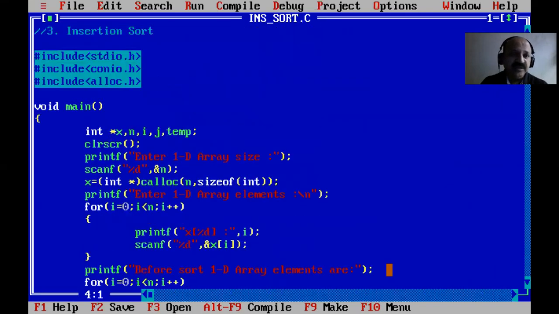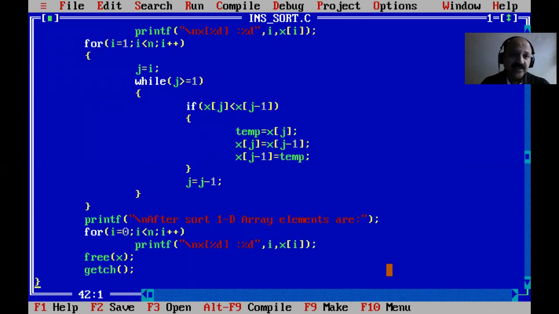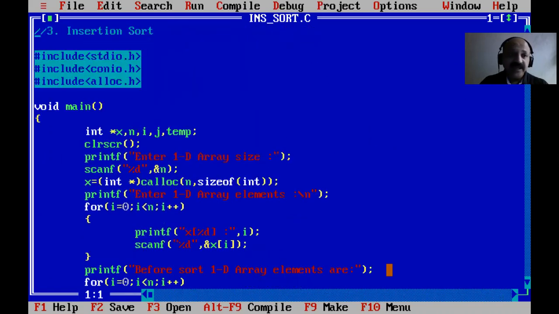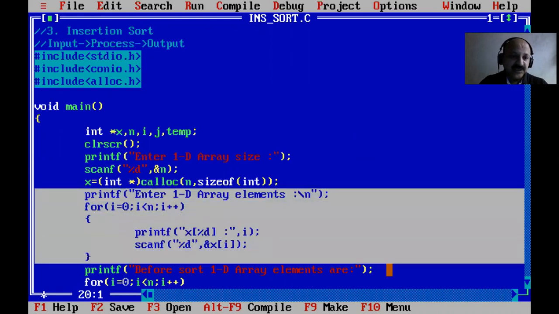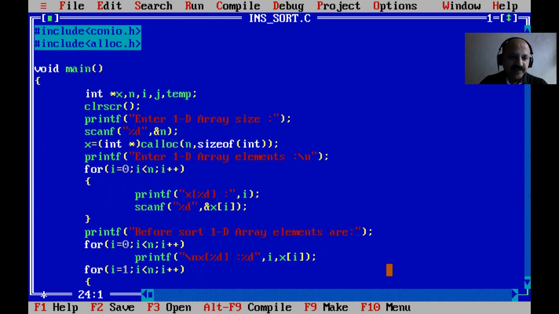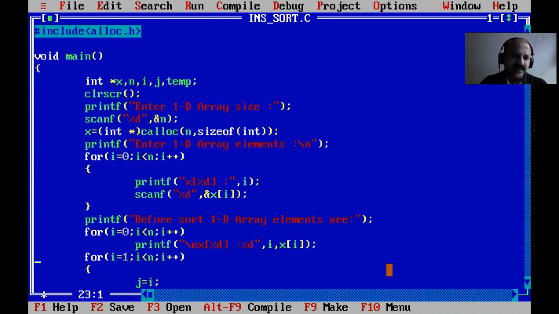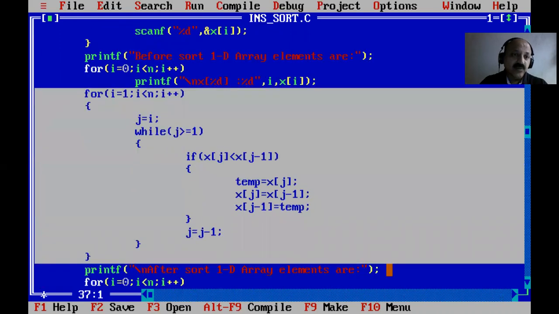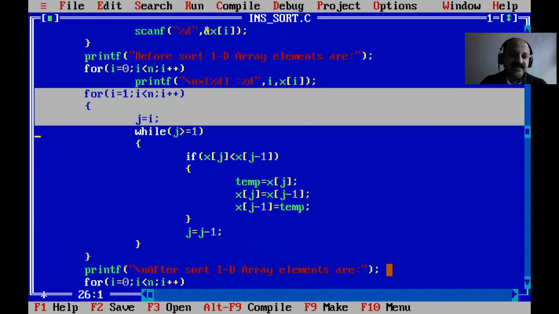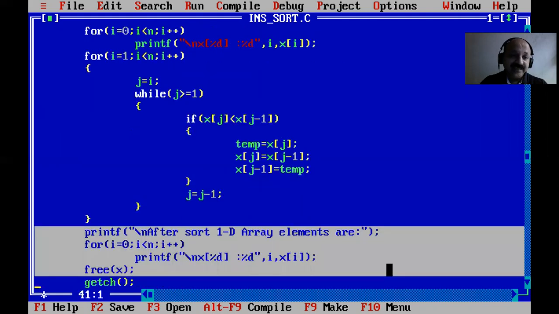So I hope you can understand that this is insertion sort, and I also took the watch window and the for loop here. That is my technique: first what is the input, then what is the process, and then what is the output. Here the sorting input part you can see. And then I also print before sorting, but that is not required. You can print that as well. And that is our process logic. And last, that is our output of sorted ascending or descending.